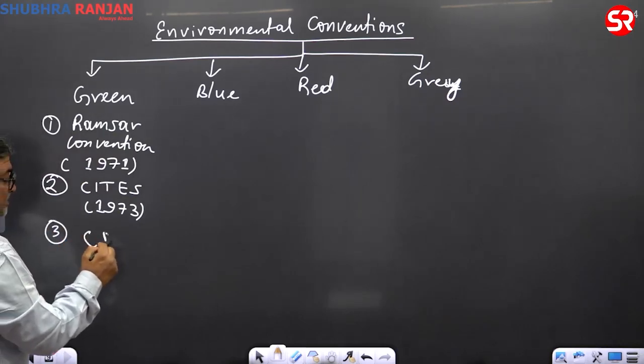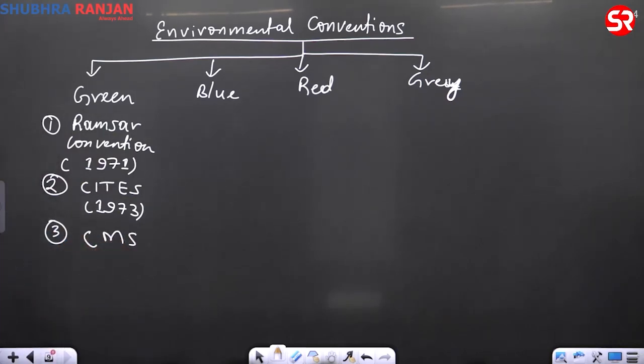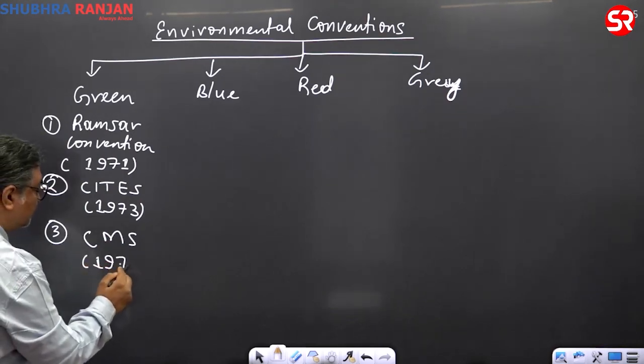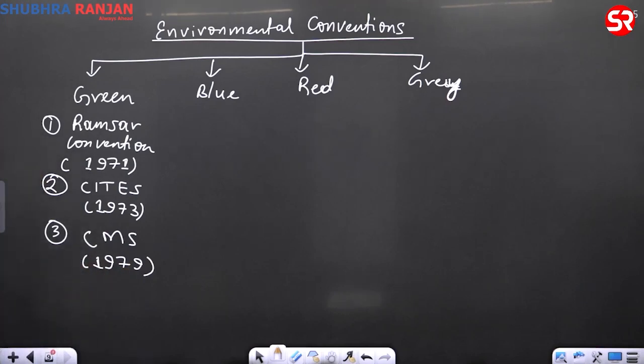Then third comes what? You are aware of this, CMS. What does CMS stand for? Convention on Migratory Species. And that was 1979. Convention on Migratory Species, or Bonn Convention. And we'll see there. Right now, I will go to COP, some current affairs based, what latest COP is there. So 1979 was brought. Among all other green issues, I'll add one more green issue,